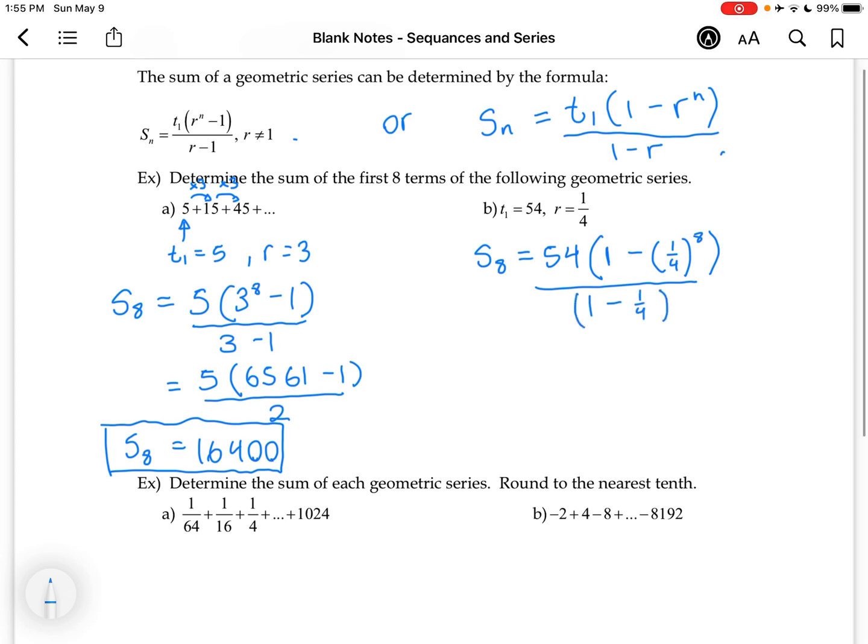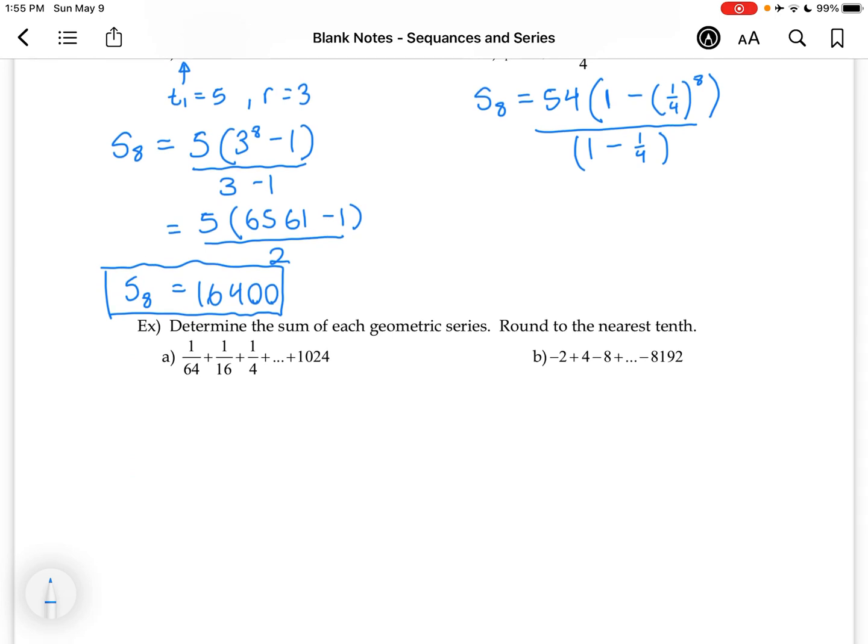Okay. And you can put this into your calculator and get to know your fraction button, because you may be asked for an exact value. So 1 minus a quarter, that's 0.25 to the power 8 times 54 divided by 3/4. Okay, and then I'm just using my math, and then I go number 1 to fraction, and I actually get as an exact value